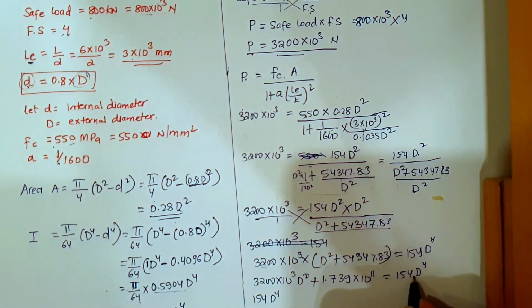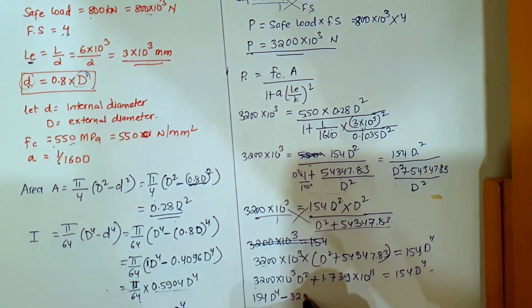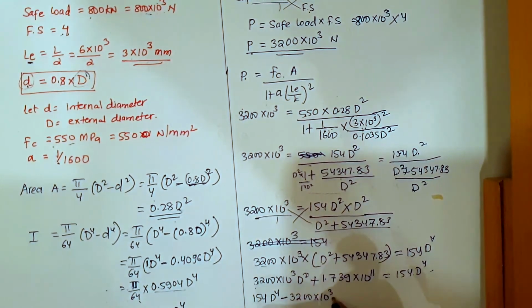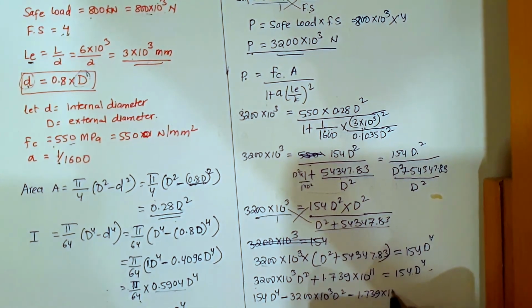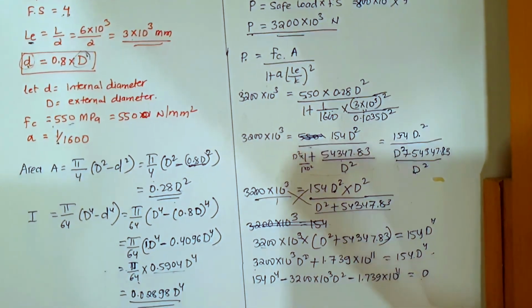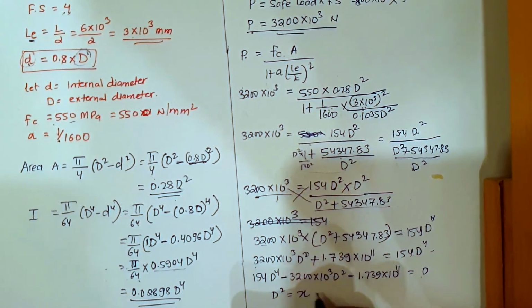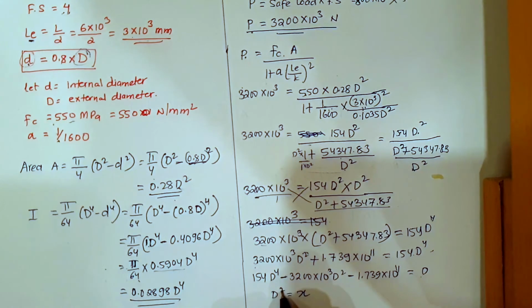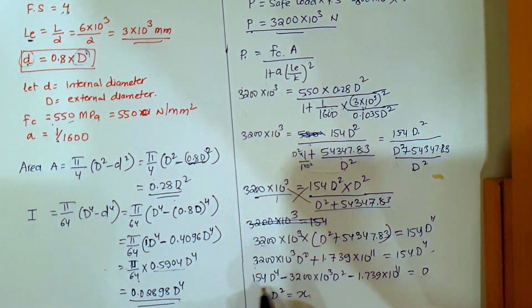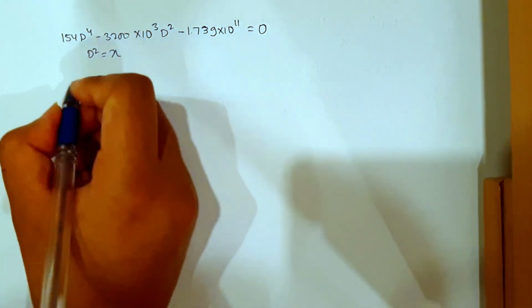this I'm sending it this side. Okay, I'm writing it to the left hand side. So minus, this will be 3200 into 10 raised to power 3 d raised to power 2 minus 1.739 into 10 raised to power 11 equals to 0. So this is what I'll get, right? Now from here, if I replace d square is equal to x. Okay, so if I replace d square equals to x, we'll get an equation. Now if we replace it in this manner, we'll get